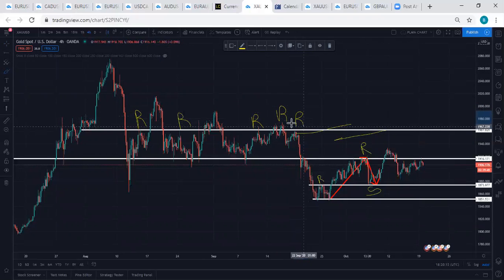Do you see how this one is a resistance here? History always repeats itself. So once you see price coming towards a resistance, the next thing you want to look for is your candlestick formation. We'll be getting to that. Once you notice a particular candlestick formation that supports the fact that the resistance is going to hold and push price back down, you will take a sell. You will sell from here.